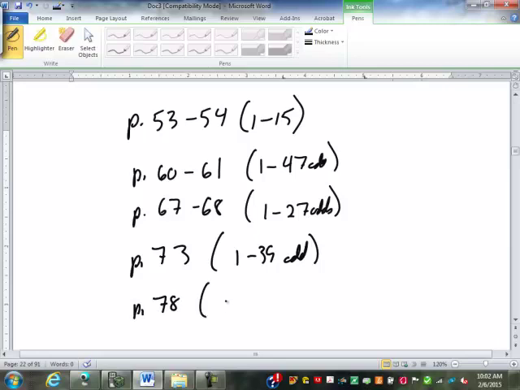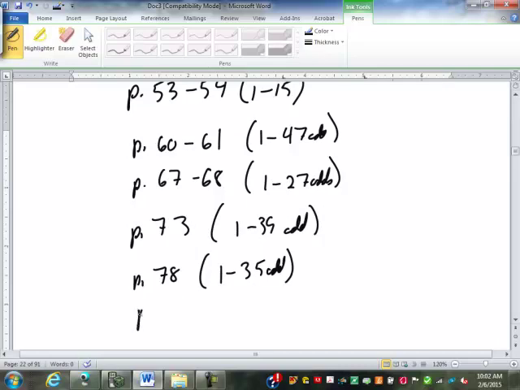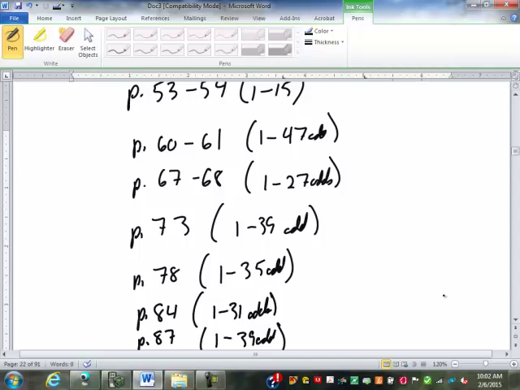Page 78, we talked about percents last unit a little bit. There's a little bit of a review of percents on page 78. And finally, page 84 and page 87, 1 through 31, the odds on 84, and 1 through 39, the odds on 87. If the scientific notation is asking you to do anything other than convert from scientific to standard or standard to scientific, don't do it. We're not going to do any multiplying or dividing with the scientific notation, so if there's any of that in there, skip over it. Okay, with that, we're going to